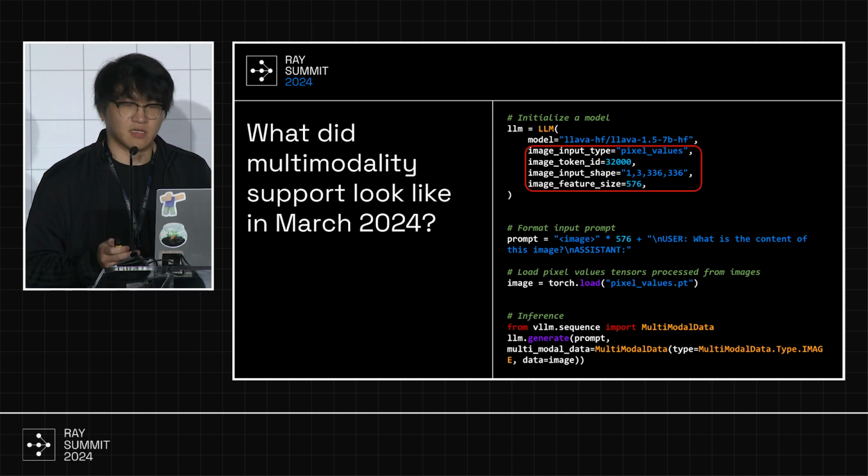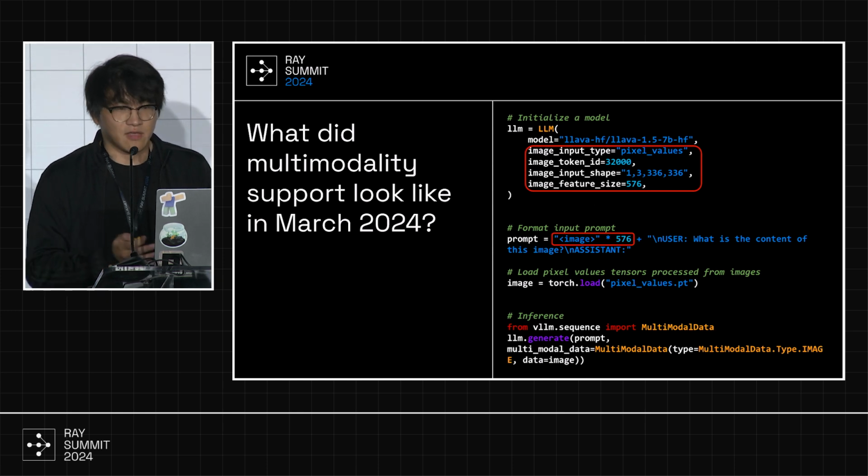First of all, there's some metadata that users will have no idea about. Some developers don't know what they actually are. And you have to pre-format your input prompt with additional input tokens. These are input tokens as placeholders for the actual input image embeddings. This is not a Hugging Face format, so sometimes the user has no idea how to get this actual number.